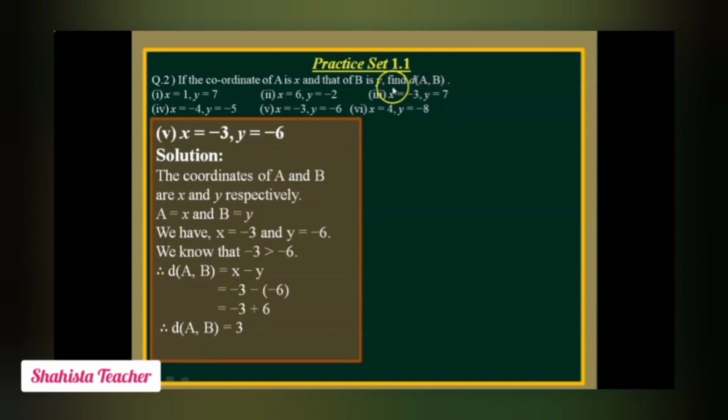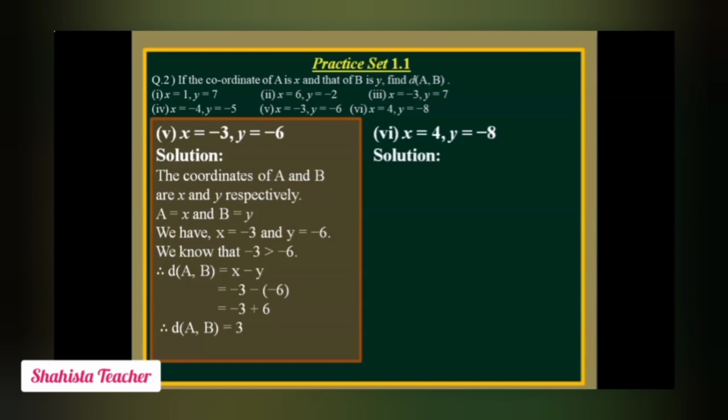Students, do you know sub question 6 is the same as sub question 2. It is exactly similar to sub question 2. See here sub question 6 and sub question 2. X is equal to 4, that means x is a positive number, and y is equal to -8. X is positive and y is negative. The same condition we will apply here. So here sub question 6, x is equal to 4 and y is equal to -8. Now let's start our sum with the solution.